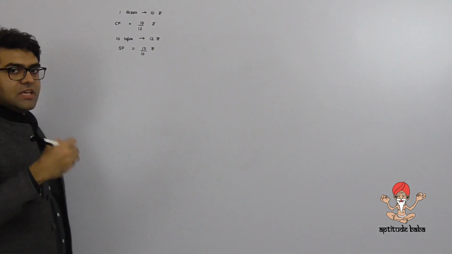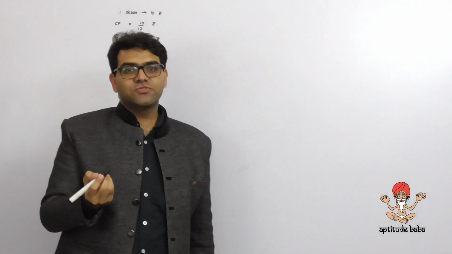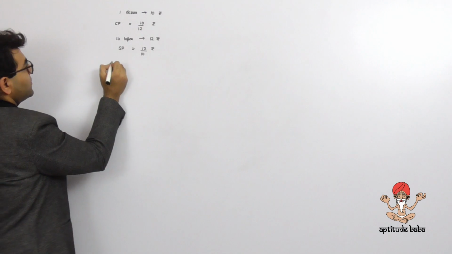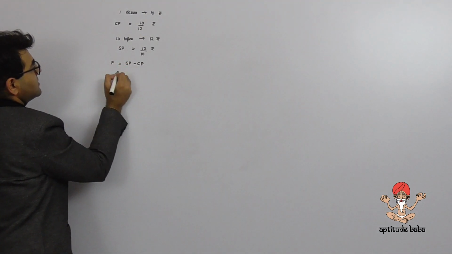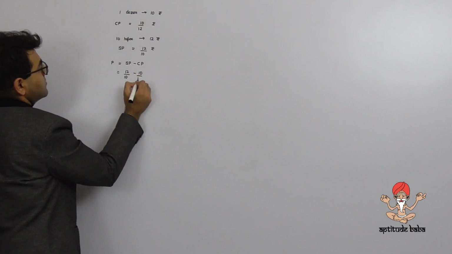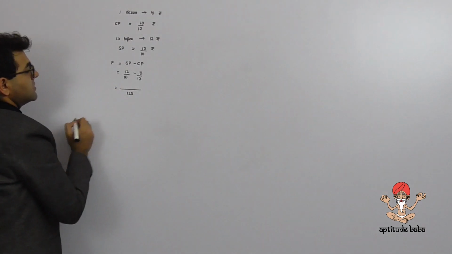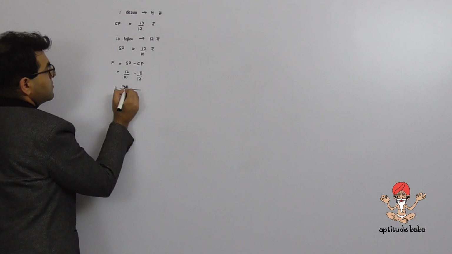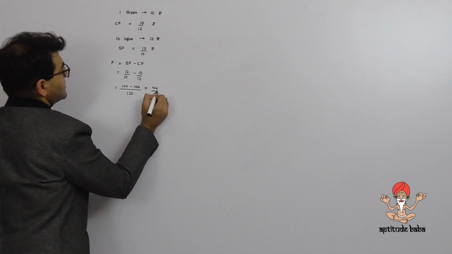Now, if I try to solve this question, it is very easy to solve it just by using the basic concept of profit. Let us define the profit here. Profit will be defined as SP minus CP. So in this case, the selling price was 12/10. The cost price was 10/12. In order to further simplify it, let's take 120 as the LCM. So what do I have here? 144. 144 minus 100. That gets you profit as